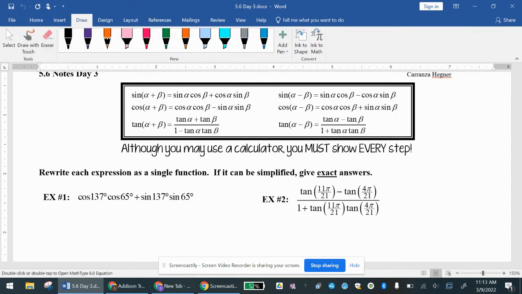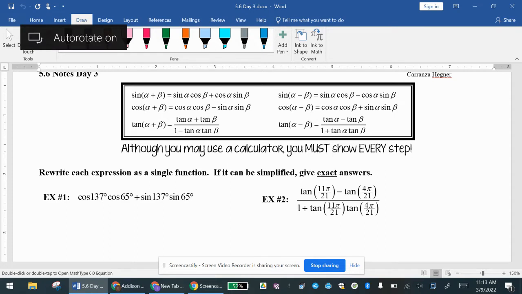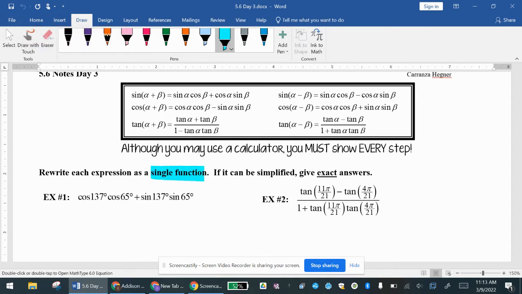Okay, so if you notice, they're asking you to rewrite the expression into a single function. So remember, our only options are sine, cosine, and tangent. So you have to figure out which of those fit the pattern in the expression. Okay, so in case you haven't noticed previously, when you write out the pattern for sine of alpha plus beta, the binomial has sines and cosines of each angle,